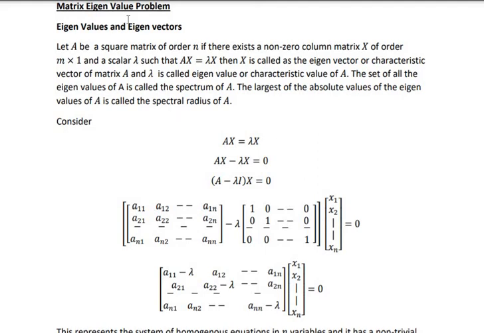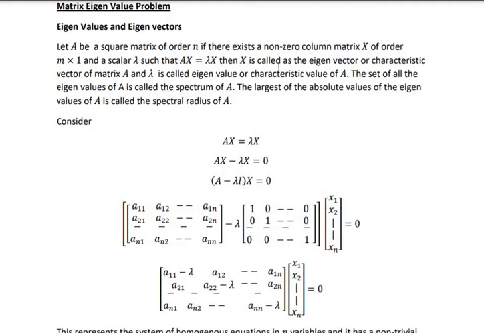Matrix eigenvalue problem. Eigenvalues and eigenvectors. Let A be a square matrix of order n. If there exists a non-zero column matrix X of order n by 1 and scalar lambda such that AX is equal to lambda X,